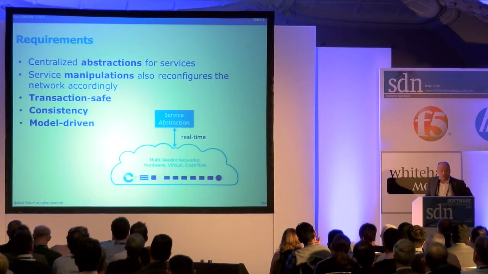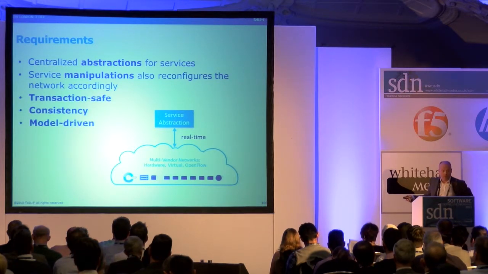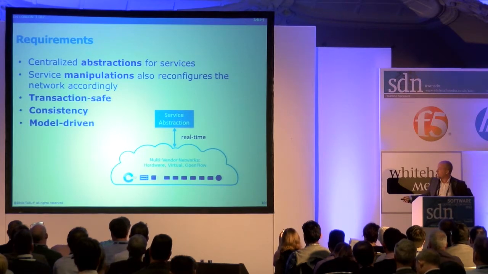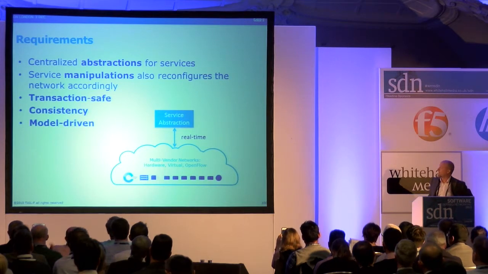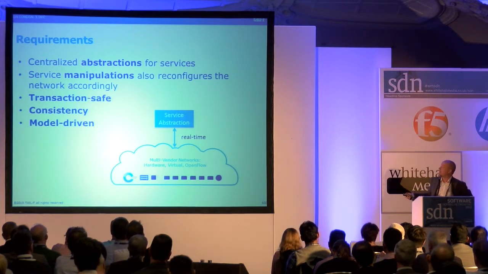Going to requirement number 2. If I manipulate the service, it should be immediately, consistently reflected in the network. That's a big difference with today's offline systems. I have a central representation of the network service. I manipulate it. It's actually immediately reflected over the OpenFlow switches, over the virtual network functions, and over the legacy devices. So that bullet number 2, fundamental. Move away from offline databases. Go to an SDN approach where you have the services represented and changes reflected immediately. How can we reach that?